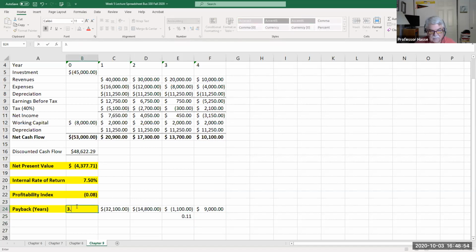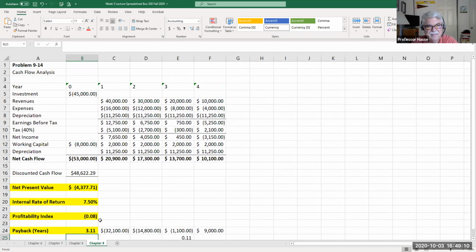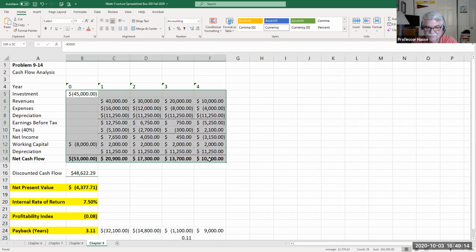123.11 years to pay back. In other words, it takes us 3 years and then 0.11% of the 4th year to recoup the $53,000. In other words, this doesn't look like a very good project. All right. But the key thing here is for you to understand and practice getting the cash flow, because that's